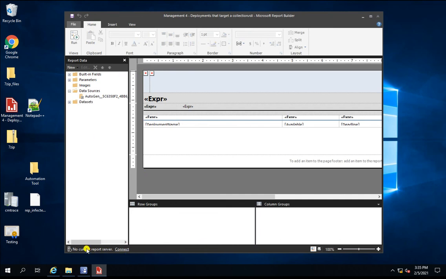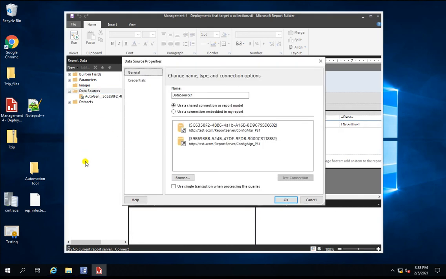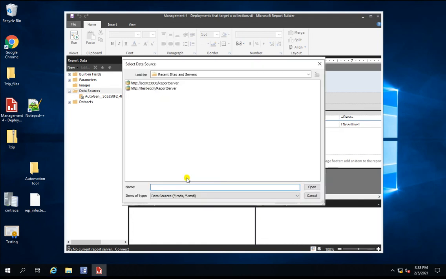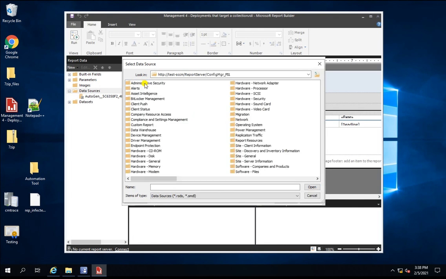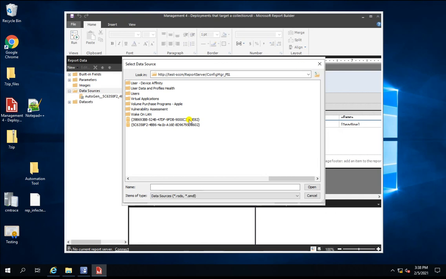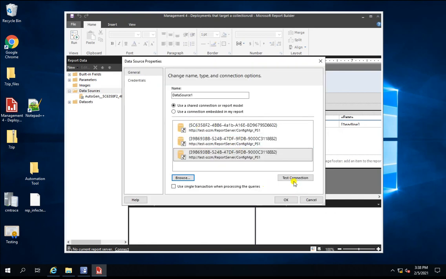One second, guys. Okay, so this was not connected to the right server. Now what we need to do is go to add and browse, because I created one more report server for testing. Here you can go to test SCCM, open this, and now you will have the database selected.